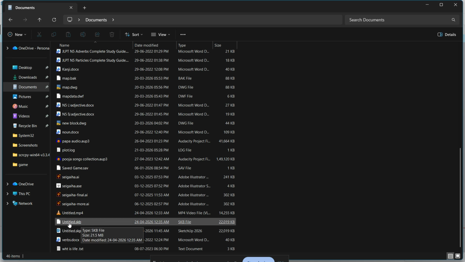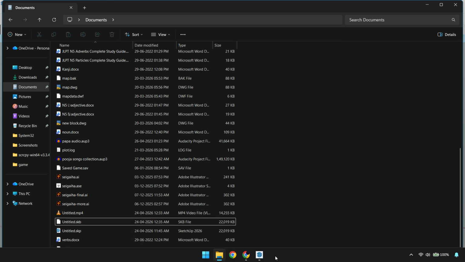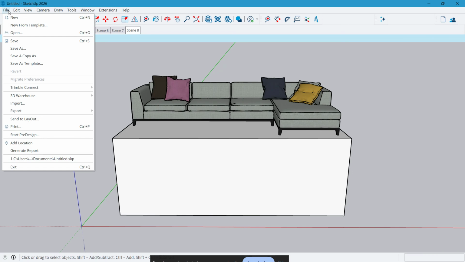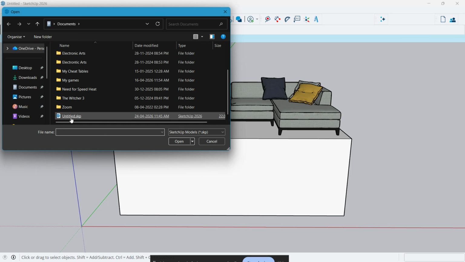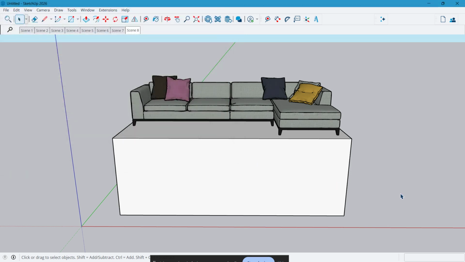To recover it, rename the extension from .skb to .skp if you're on Windows, then open that renamed file in SketchUp. In many cases, this will restore a working version of your project from before the crash. If you use Mac, the process is similar, but the backup file naming may appear slightly different depending on how the file was saved. If none of those methods work, there is one more place to check: your system temporary